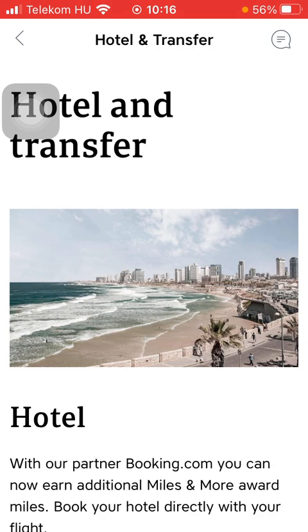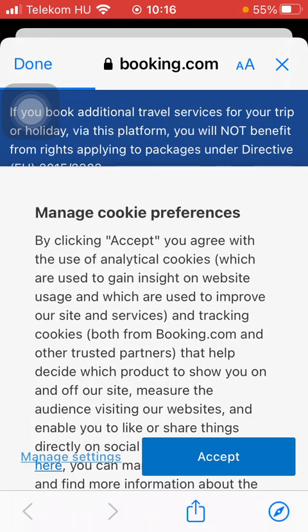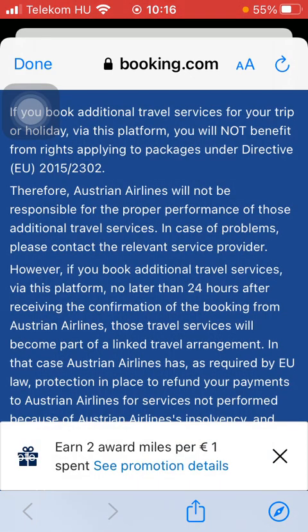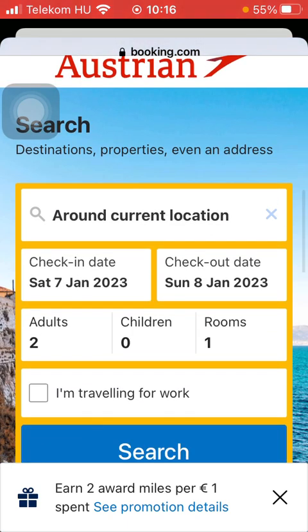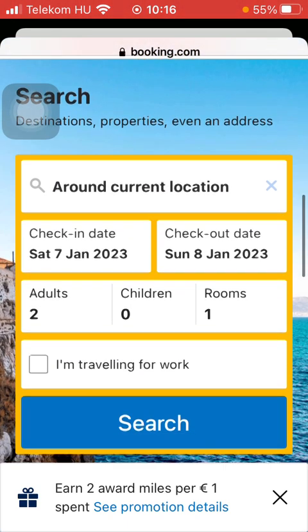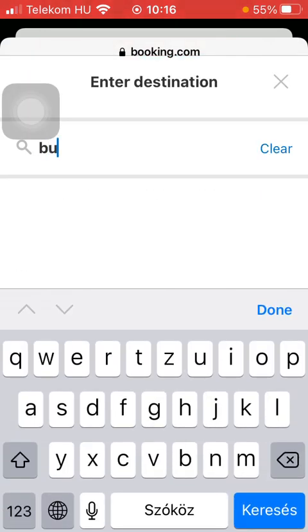After that, you should wait till you are logged in, and then you should scroll down to the Hotel section and tap on Book Hotel Now. And you will be directed to a page where you can search for destinations, properties and addresses. So you should add your current location into that first section, and